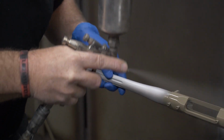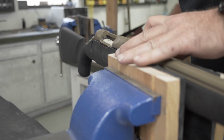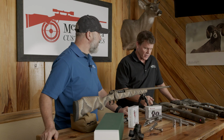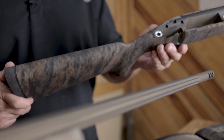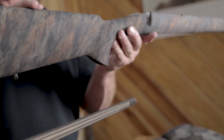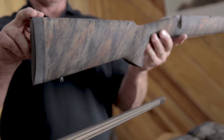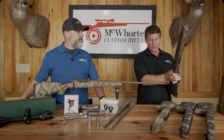of our stocks. We carry a whole lot of McMillan stocks, a whole lot of other manufacturer stocks, but we make 4 that are proprietary to us. The first one is the Apex LR. All of our stocks use some negative comb on the rear end and a slider toe angle to reduce muzzle flip. This stock right here looks like your standard sporter stock, but it's got those long range features on